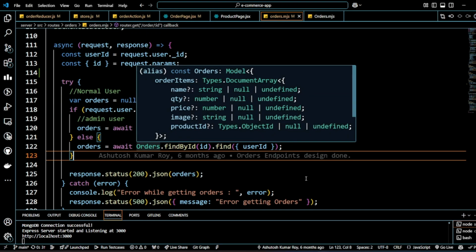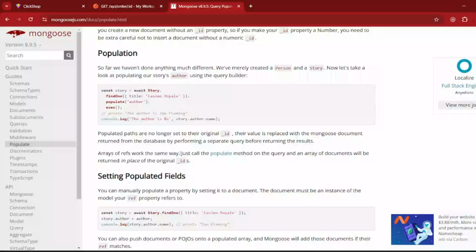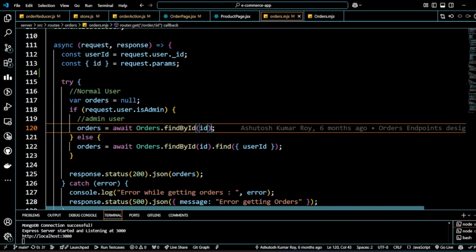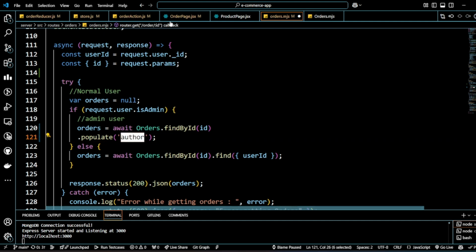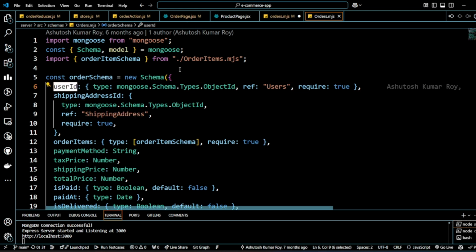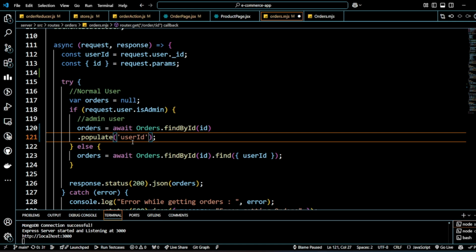Okay, hope you're getting it. We can do it because we have a foreign key relationship like that, something like in SQL. We're gonna do exactly the same. After the find, we're gonna populate. Okay. Dot populate user ID. Via the user ID, we are saving the user ID actually. This field. And we're gonna fetch